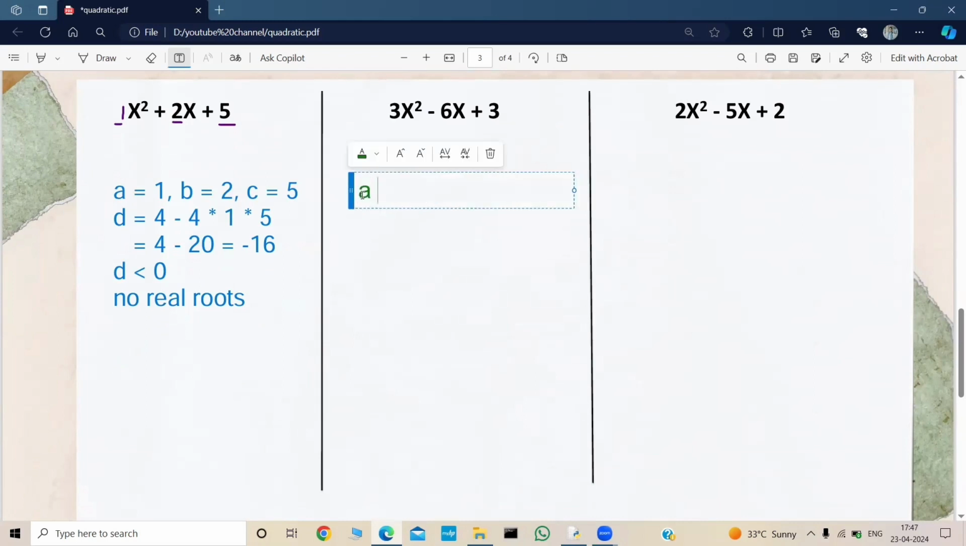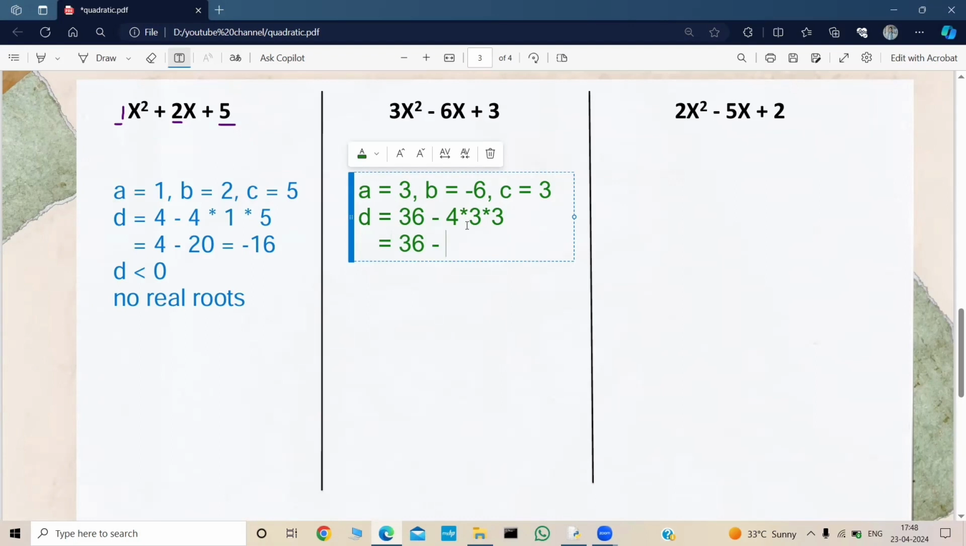Okay, and now consider this example. So what is my a? My a was 3 and my b was -6, because my equation is in the form of ax² + bx + c, right? So my b was -6 and c was 3. And now we need to find the discriminant, which is b² - 4ac. So what is 6²? That was 36, minus 4ac, 4 into 3 into 3, which is equal to